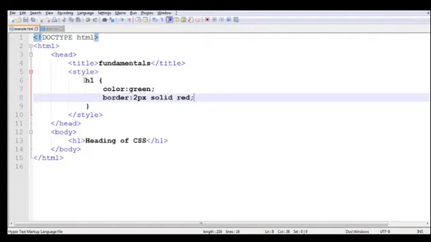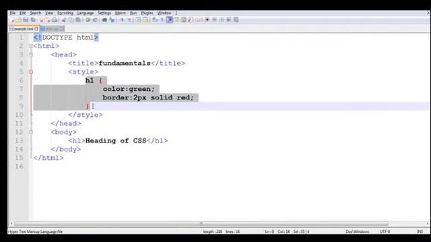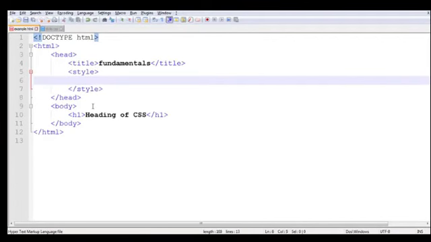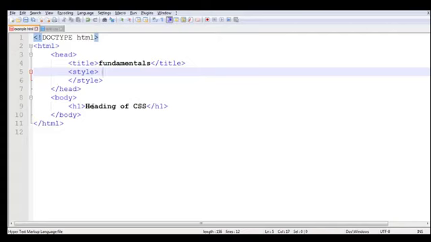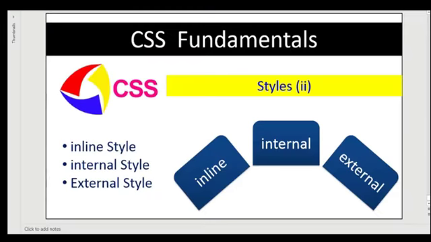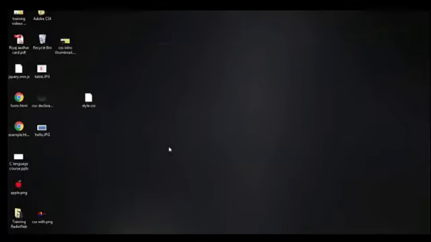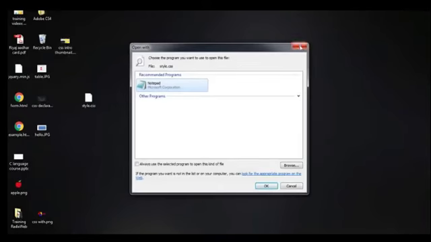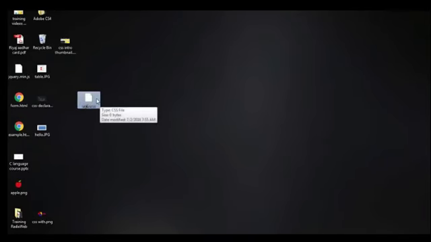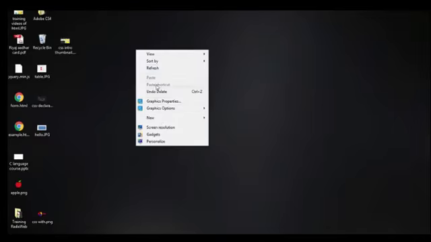Now the same thing I will try to apply using external CSS. So external means I will create a new file of CSS. Inside of that file I will write the code and then I will implement here. So for example, I have this CSS, I have created this file. Actually again I want to delete this and create a new file,